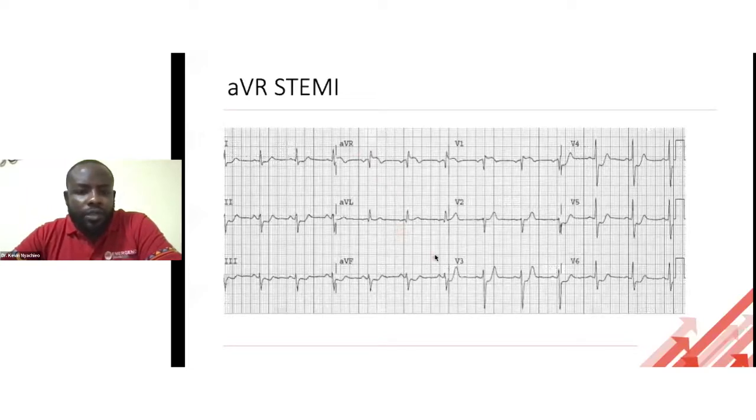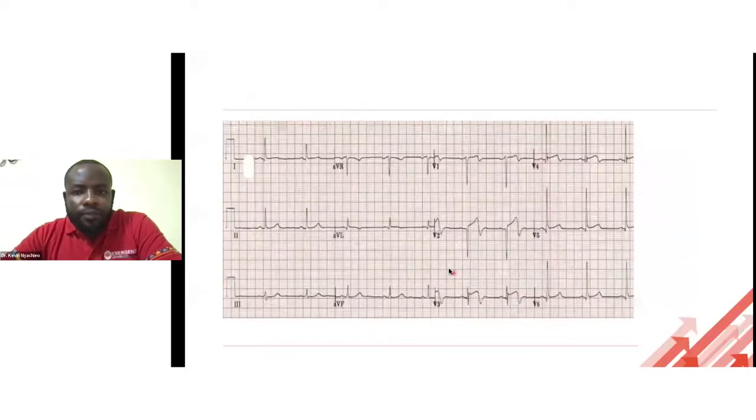Okay, so we've talked about these types of MI: anterior, inferior, posterior, lateral, aVR. There are other types of MIs where it might not be as obvious. When you're looking at the ECG, it might not be as obvious as an MI, but it still represents a STEMI. These are what we call STEMI equivalents, okay? So from here on, we are going to discuss STEMI equivalents. So the first one here,